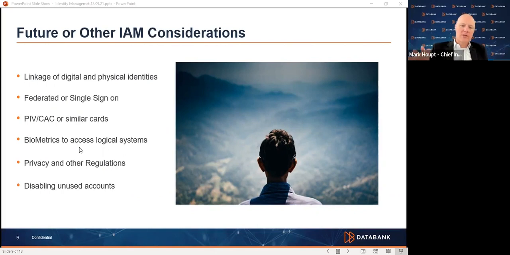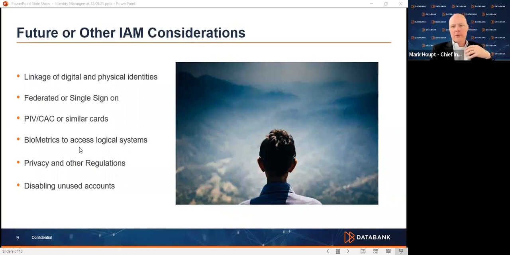If you want to take a look at where we're headed with this, there's a number of startup companies out there, and some of them are actually fairly mature right now, who are blending the biometrics and the physical and logical access identities. One of the companies you can take a look at out of Toronto, Canada, is called BioConnect. They have some very forward-thinking and very interesting products that are already on the market and are being used day in and day out in lots of other places. Another scenario that we're going to have to look at with future IAM considerations is privacy and other types of regulations.